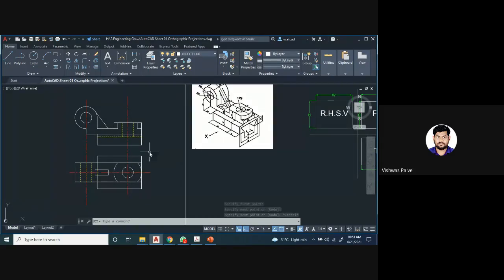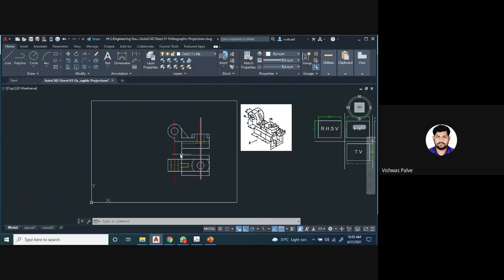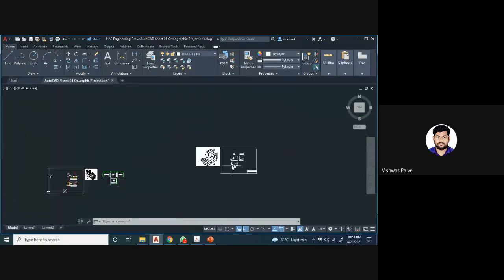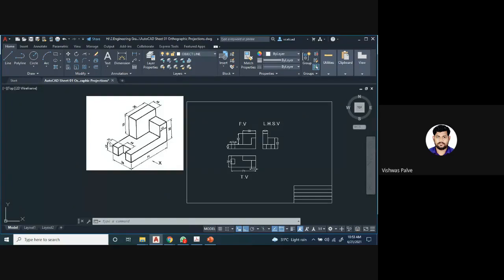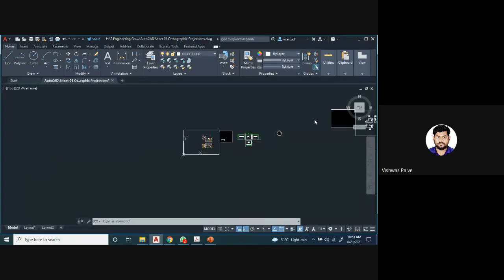So we have completed the front view and top view of the given problem. You can practice these two views. The remaining portion, the side view, we can complete in the next session. This was our first AutoCAD practical on orthographic projection. First set the layers, use the dimension, and complete this problem. The question set I have shared with you on WhatsApp. Complete this first problem, give the dimensions and use the layers. Then start with the second problem.